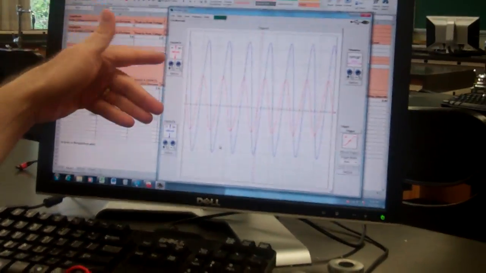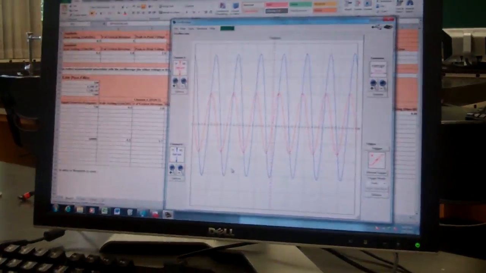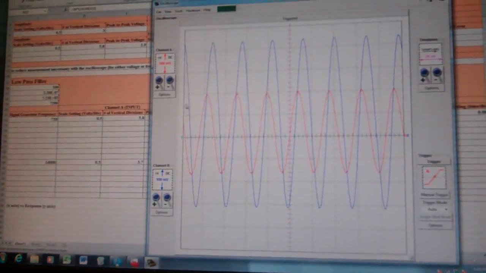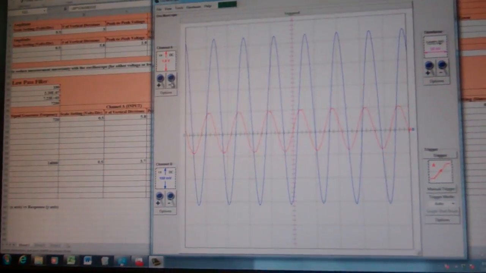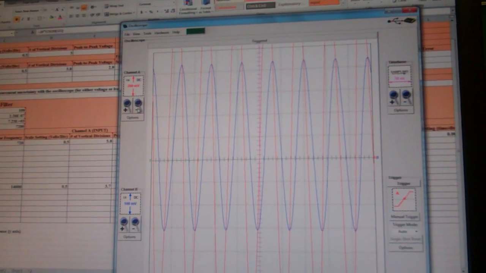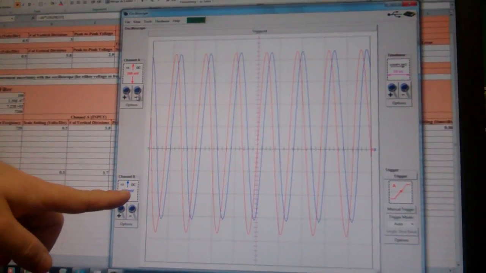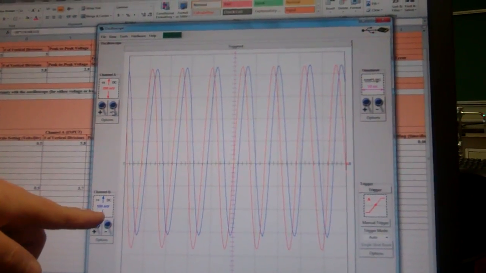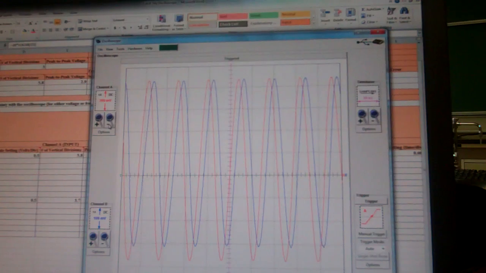Remember, even on this one, you might say, couldn't we have changed the vertical setting for the red signal? And yeah, we could have. It would have made it a more accurate answer. Why didn't I? Well, because I didn't want to bother. No, because I'm trying not to get too high, but that would work good right there. Now this one's at 0.2 and this one's at 0.1 volts per division. Okay. So you take a whole bunch of data points,